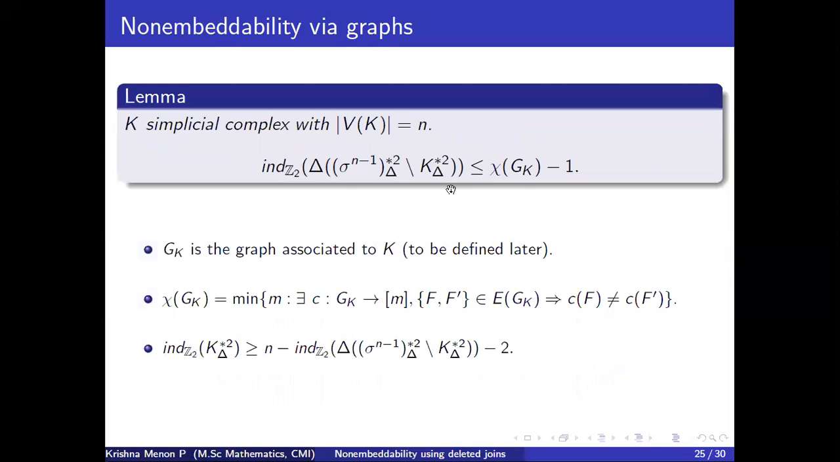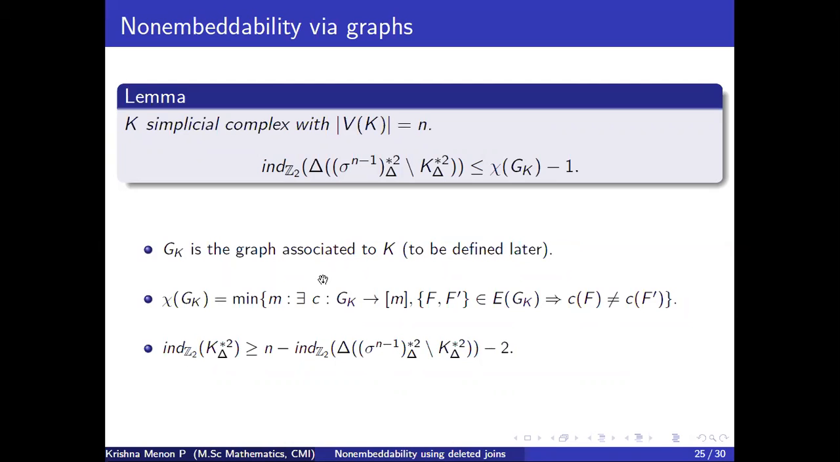Okay, so this is the lemma. So the same situation as before: K has n vertices, and this was the thing we wanted to bound above. And this lemma is saying that the chromatic number of G_K minus 1 is the upper bound. Okay, so this G_K is a graph which you'll associate to a complex K. Okay, I'll define how to associate graphs to complexes in some time, but before that, I just want to get